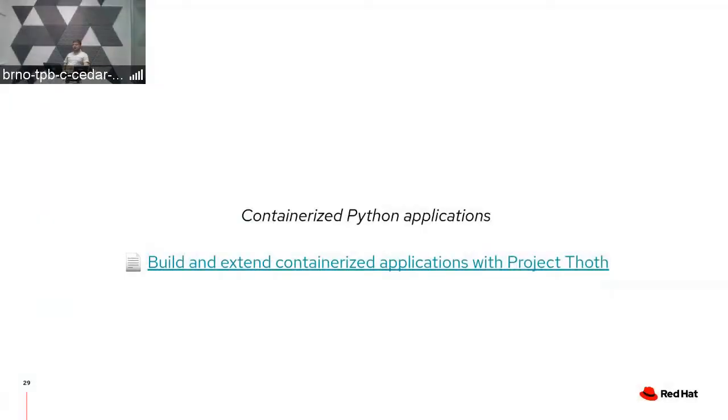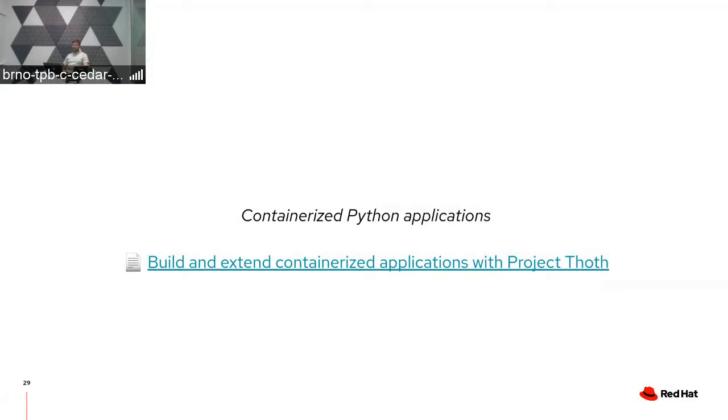The next section of this presentation will talk about containerized Python applications. Before, we talked about the resolution process that is specific to Python libraries that are resolved, but Thoth Cloud Resolver can consider a base image or base container image that is used together with the application, so that the resolver can really synthesize the Python layer of the application together with the base container image that provides a software environment in which